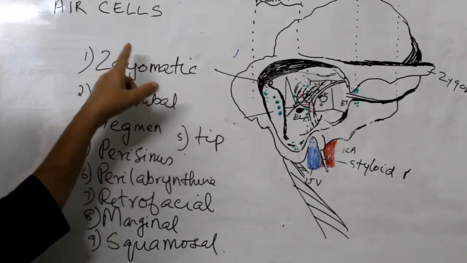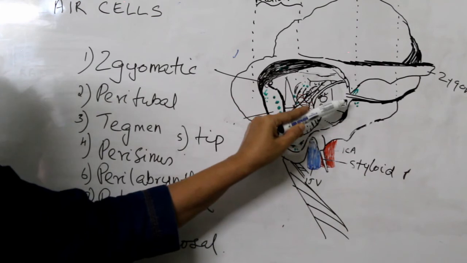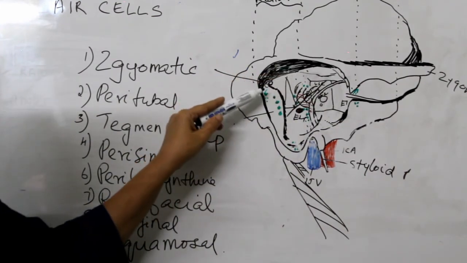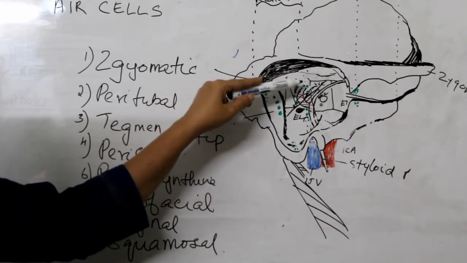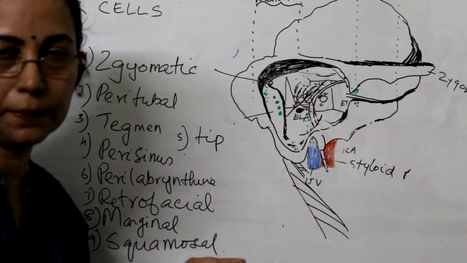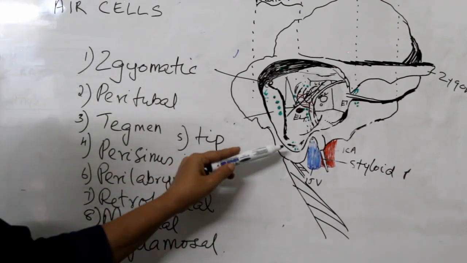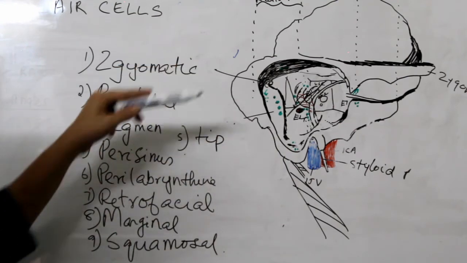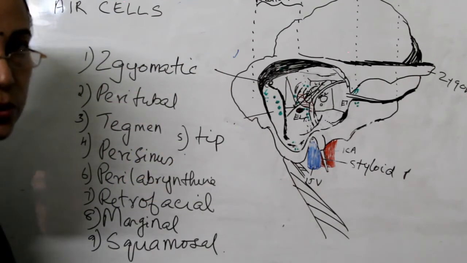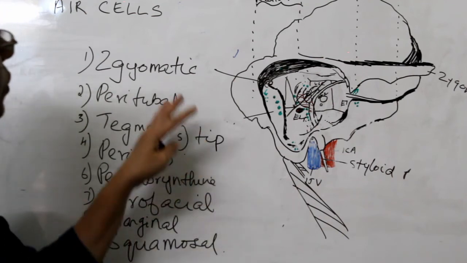Okay, so at least remember that zygomatic is around the root of zygoma, peritubal around the eustachian tube area, tegmen in the tegmen plate, perisinus, perilabyrinthine, retrofacial. Remember each anatomy and think about remembering the name of the aircell. Tip cell and marginal, that is deep to the sigmoid sinus going towards the occipital, and squamosal. At least remember these names. So along with